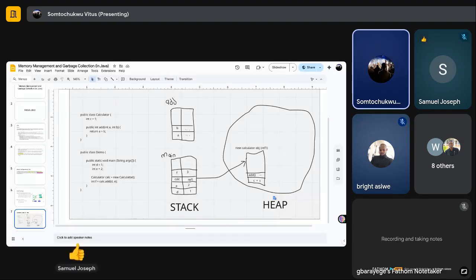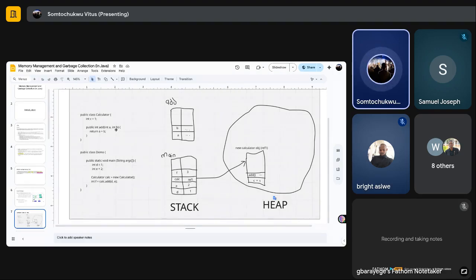And then when we get to this line, the calc, which is the new object, runs a method within it. This is the method essentially. When it runs the method add, this add belongs to the new object, Abi, but the method needs to run within the stack frame. And this is the add we are talking about. The method has to run within the stack frame, and then it creates